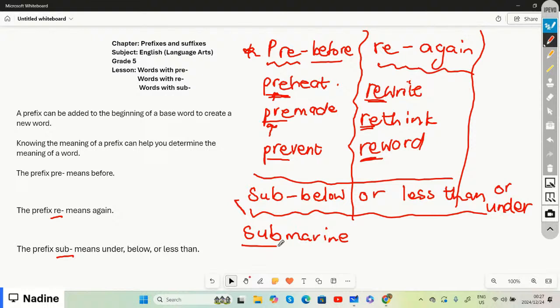So we have submarine. Then we also have subtitle,